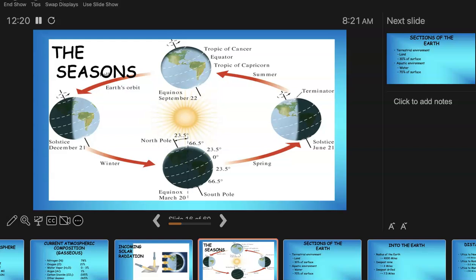So on the winter solstice, where is the sun's energy shining most directly? They're trying to give you a hint by tilting the globe. Not at us. You may have heard when you were a kid growing up, the seasons are reversed in the southern hemisphere and northern hemisphere. This is why. The sun is shining most directly at 23.5 south